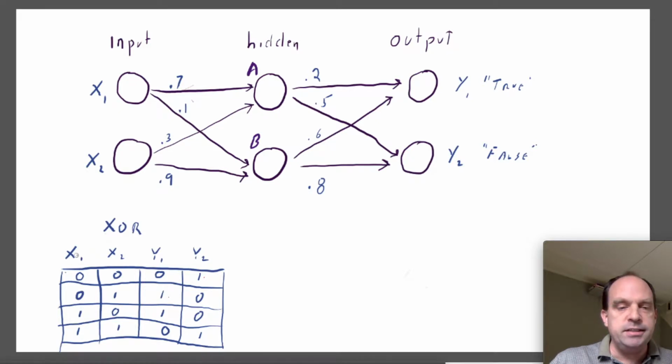XOR is a function that says, given 2 bits, if exactly one of them is true, the answer should be true. Usually we'll have just one output for an XOR function, 1 meaning true and 0 meaning false. But with one output, the backpropagation math gets a little too easy, and you wouldn't get a good idea of how backpropagation works. So what we've done is encoded the y1 output to mean true, and the y2 output to